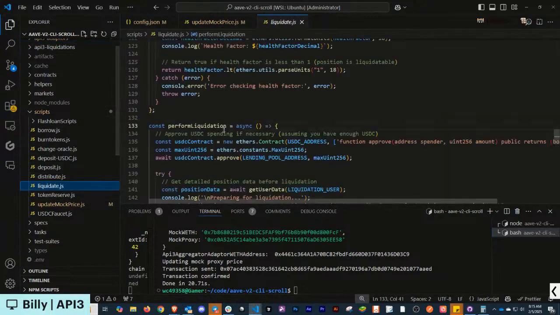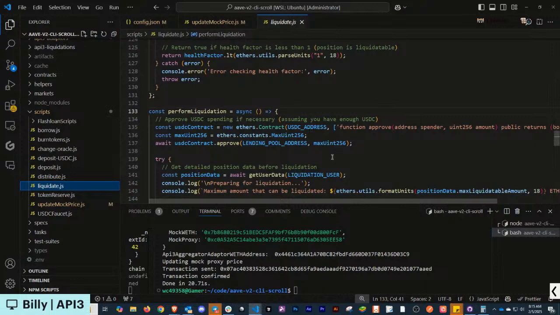Let's go back to liquidate, right? So this example and this example only, we're going to do it from an EOA wallet. Most bots never work on an EOA wallet, right? They deploy a contract and it does the flash loans and liquidations from a contract. So you would fund it. That'll be on the next workshop right here. But I want to keep it as simple as possible and make sure that it's something that you can reproduce without extra complications, right? So we are just creating an object for our USDC.